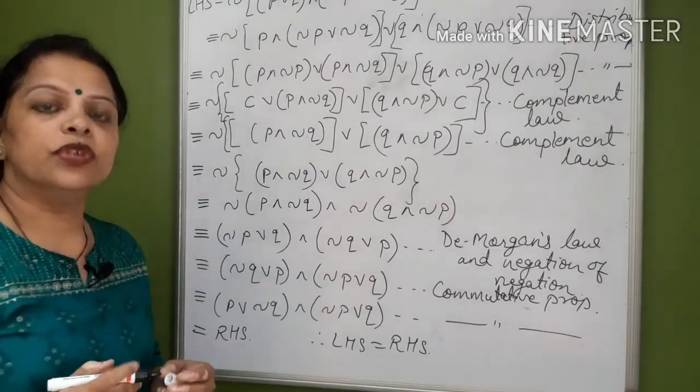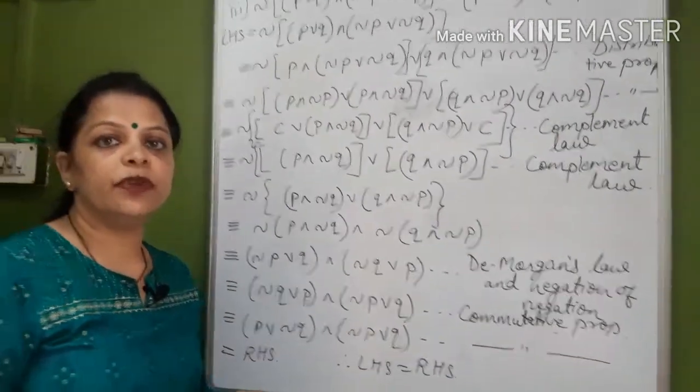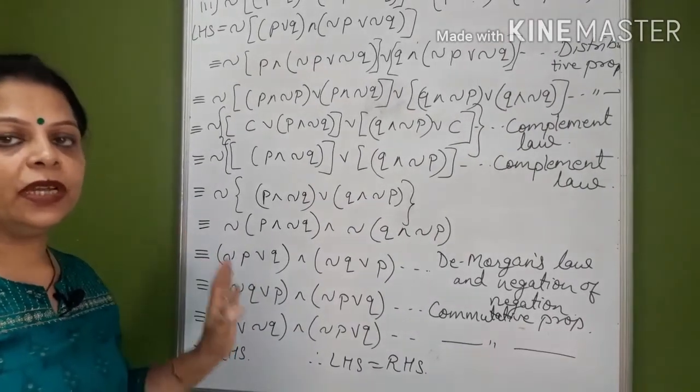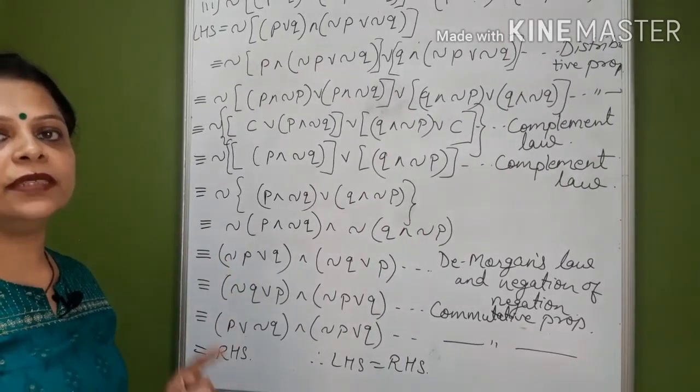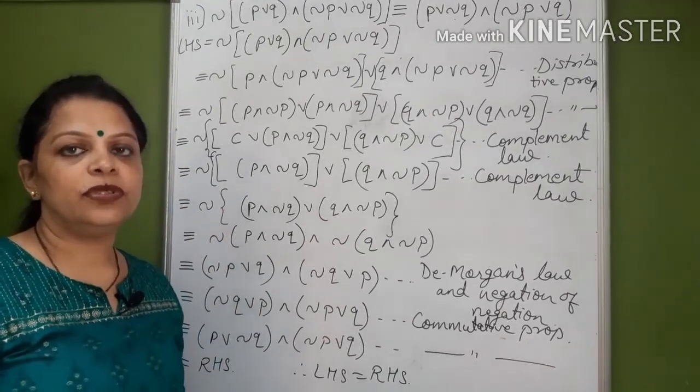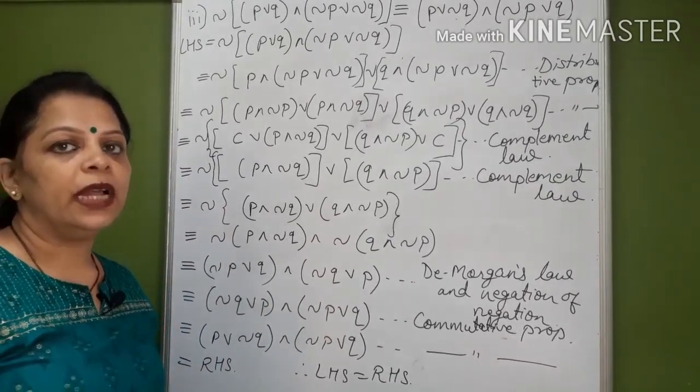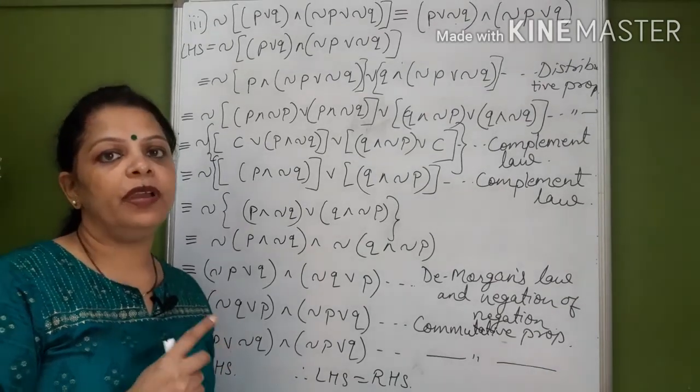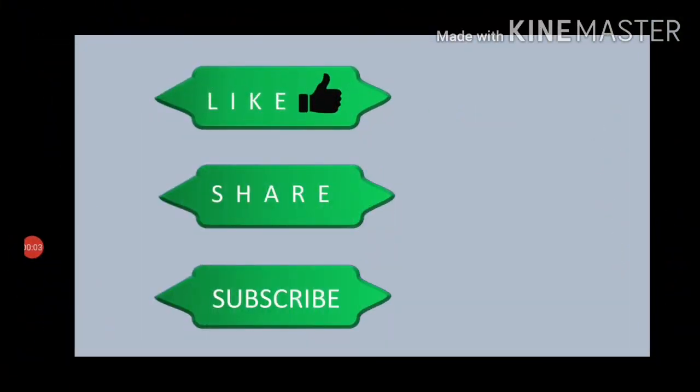Fine student. So with this we have finished exercise 1.9. I know it is a bit confusing, but you need to practice it again and again. Learn all the rules, the names of the rules with the statements, and then you need to practice how and where to apply those rules. So with this we have finished exercise 1.9.